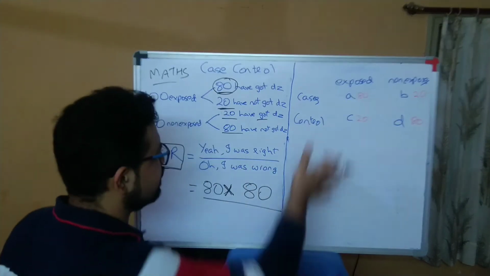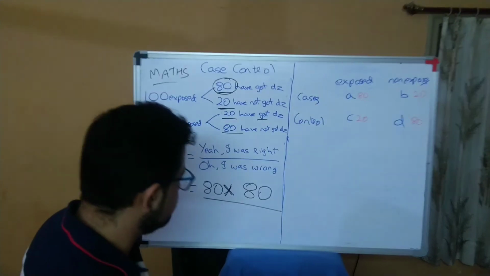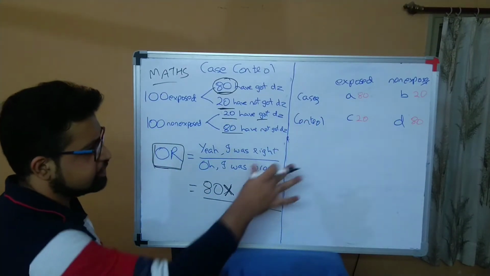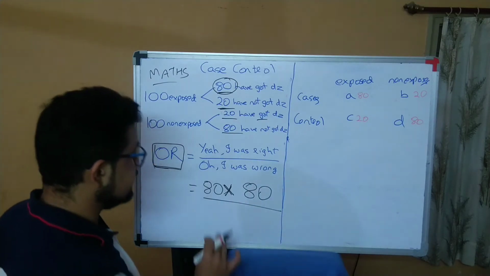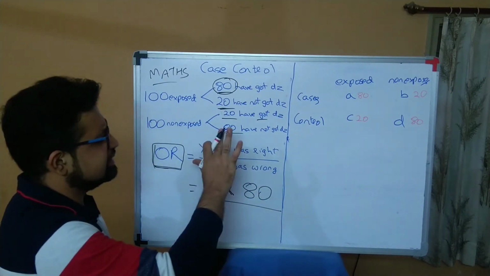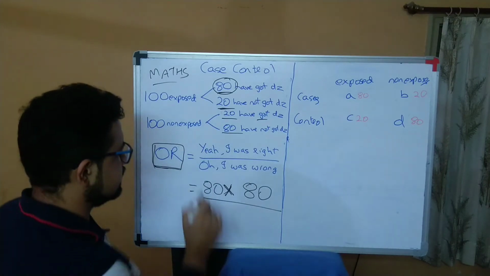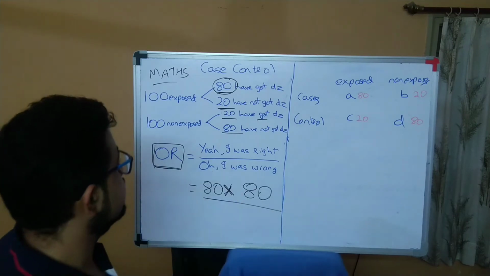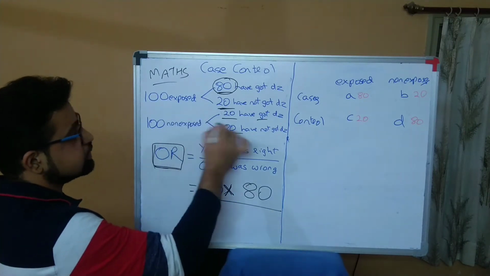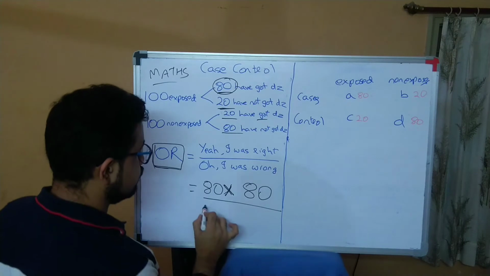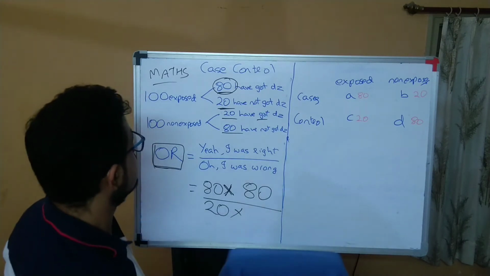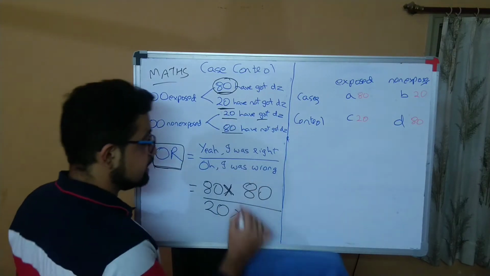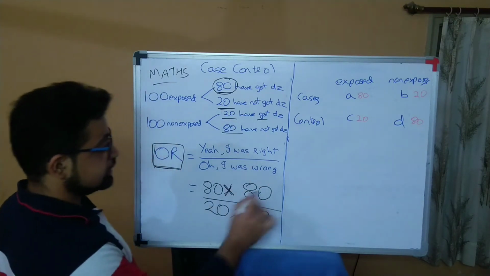In a question, you don't need to figure out these tables, right? You don't have so much time to figure out these tables and A, B, C, D and all those things. We'll figure it out anyway. We'll discuss that. But in a question, you can quickly answer this. Out of 100 exposed, 80 got the disease. I was right. Out of 100 non-exposed, 80 have not got the disease. You are right. In the denominator, out of 100 exposed, 20 have not got the disease. You went wrong, right? And out of those 100 non-exposed, they were non-smokers, still they have got the disease. Okay? So this is the ratio.